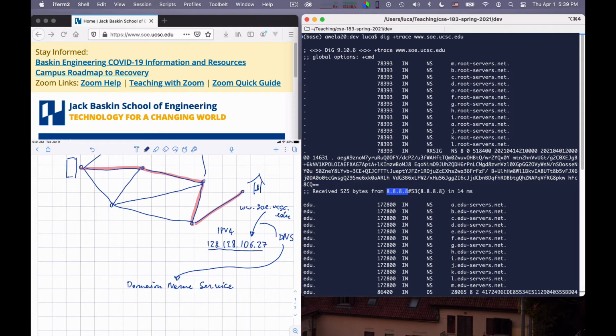So when you configure the network in your Mac or in your Windows laptop or in whatever you're going to use, you need to configure the domain name server that you are going to use. This is the authority that you are going to beg with your requests of translations from names to addresses. There are three that in particular I recommend. There are two Google ones that I use, 8.8.8.8 and 4.4.4.4. And there is also a Cloudflare one that is 1.1.1.1.